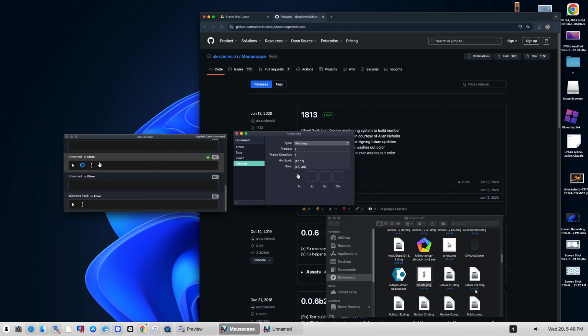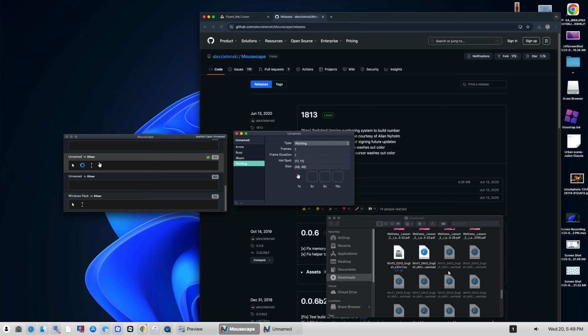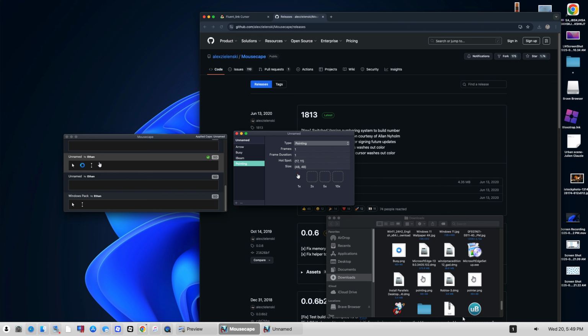Pointing. So the one that I told you to save. Find it in your folder right here. Found it. And then we need to see right here, hotspot is 1711. So we go to 1711. So we're gonna put 1711. Oh my gosh, my keyboard wire is in the way. And then 17. Hold on, because